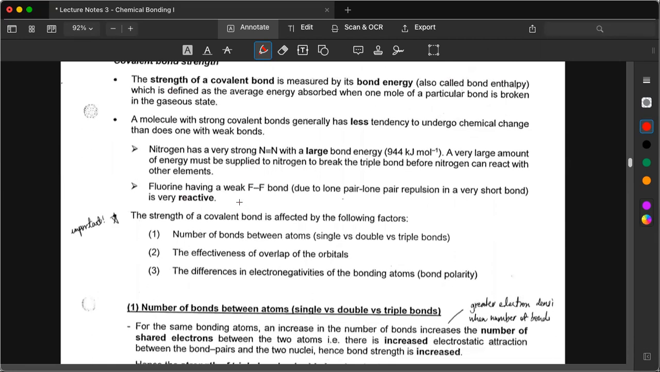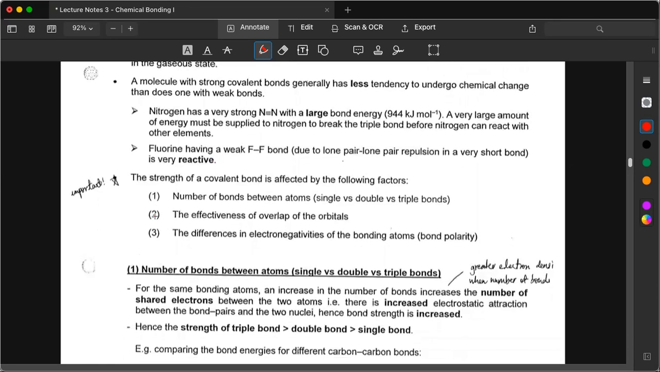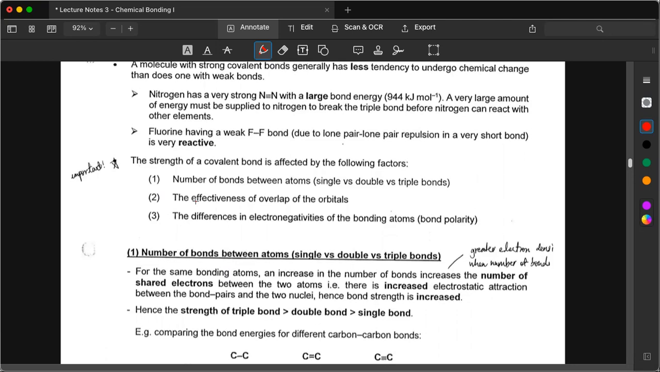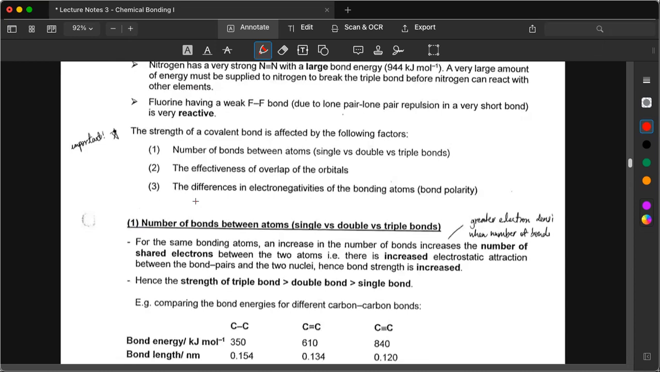So if we want to break the triple bond, we need a lot of energy before it can react. Fluorine has a weak F-F bond because there is lone pair repulsion. So this makes this bond very reactive. The strength of a covalent bond is affected by, number 1, the number of bonds between the atoms, the effectiveness of overlap of orbitals, and the difference in electronegativity